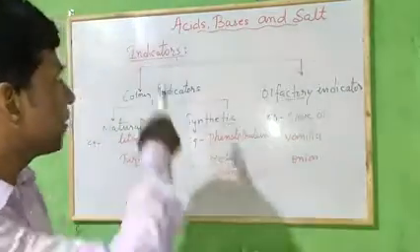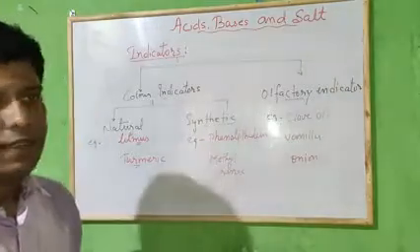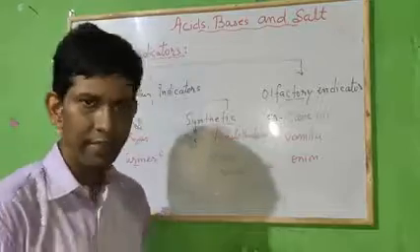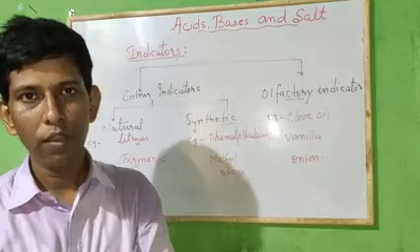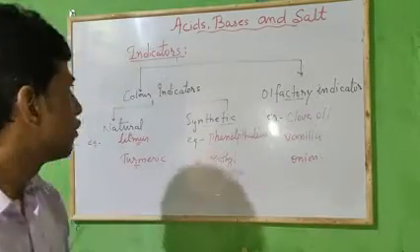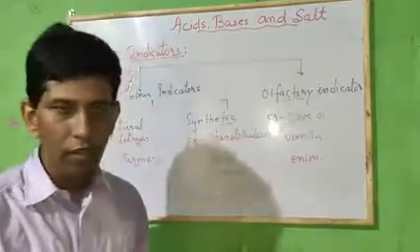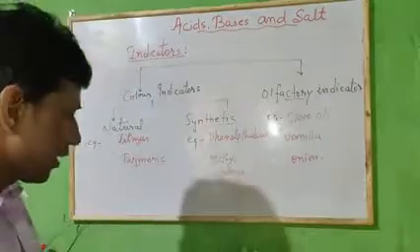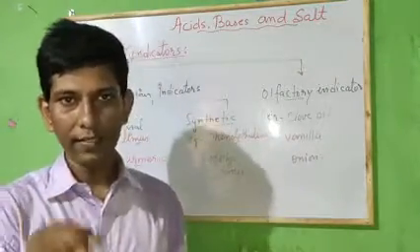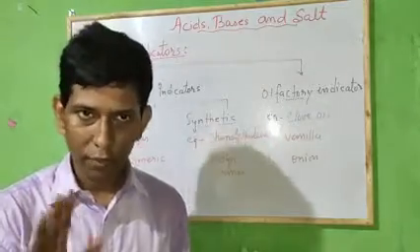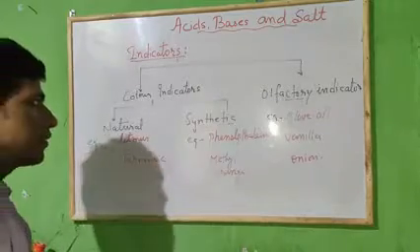Now the next topic that we have to study is indicator. Dear children, an indicator is a chemical substance that indicates whether the given liquid is acid, base or something else. There are two types of indicator. One is color indicator and the second is olfactory indicator. In a color indicator we can easily understand whether the given liquid is acidic or basic as per the color response. Color indicators are further classified as natural indicators and synthetic indicators.